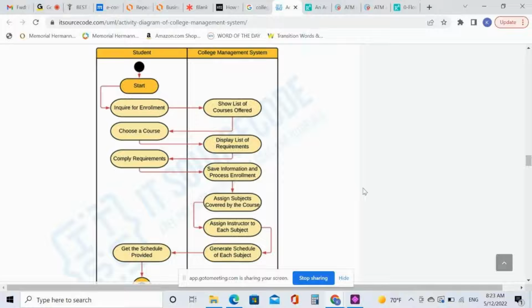This process is, I think, after you receive the admission. So